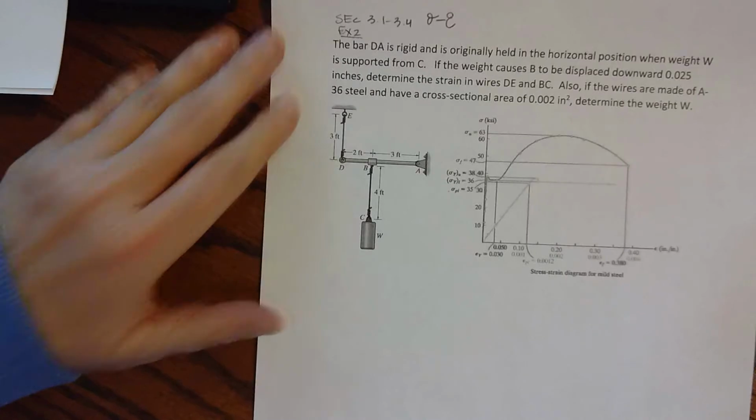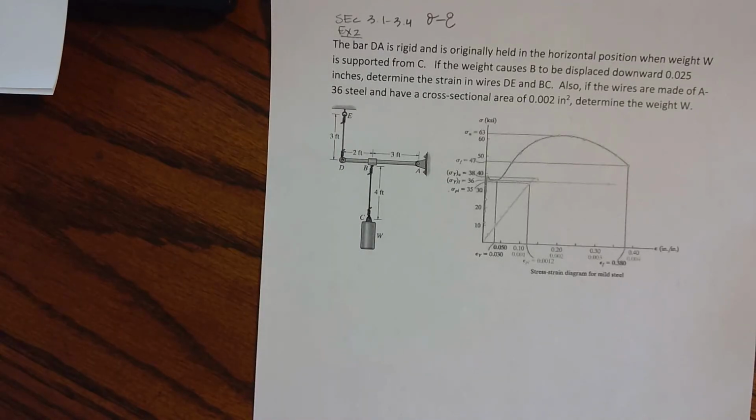Okay, so we have a rigid bar DA, or the bar DA is rigid and is originally held in the horizontal position when weight W is supported from C. If the weight causes B to be displaced downward 0.025 inches, determine the strain in wires DE and BC. Also, if the wires are made of A36 steel and have a cross-sectional area of 0.002 inches squared, determine the